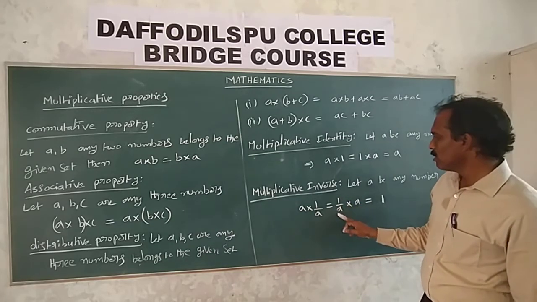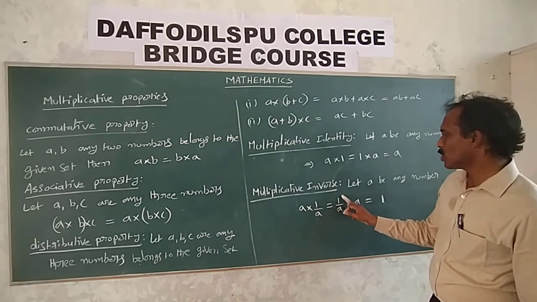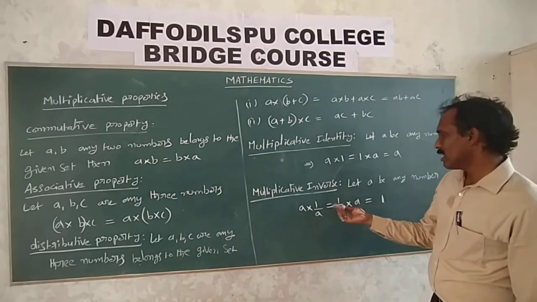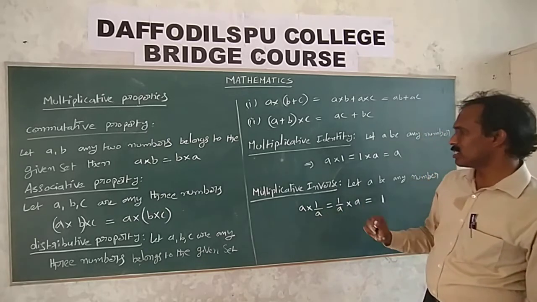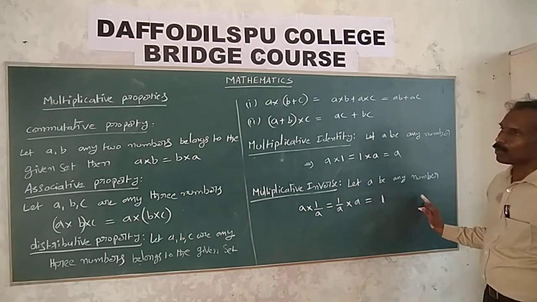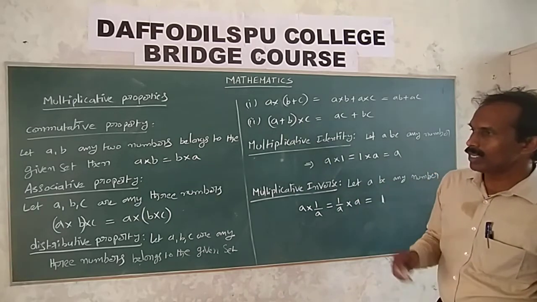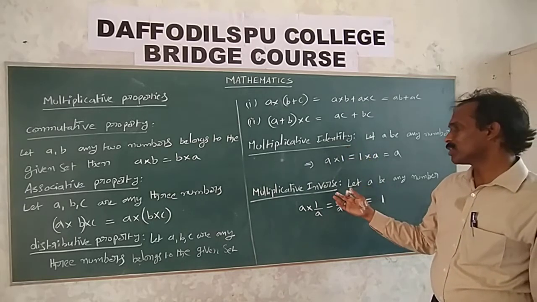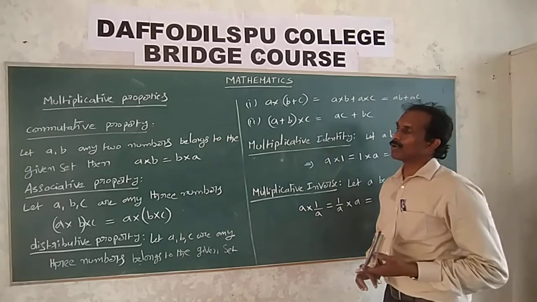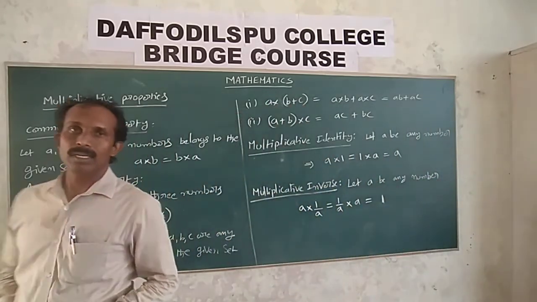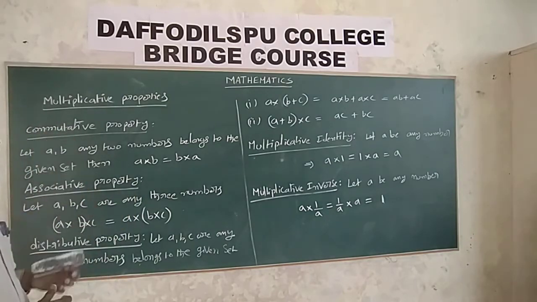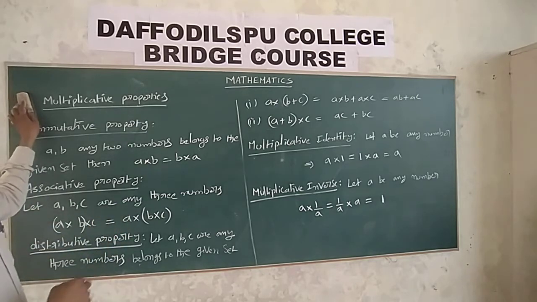These are not possible for natural numbers and whole numbers. So integers and rational numbers will satisfy the multiplicative inverse. So these are the properties: first is commutative property, associative property, distributive property, and next multiplicative identity and multiplicative inverse. These are the properties of addition in numbers, and next multiplicative properties. I will use some problems about these topics and the previous topics.